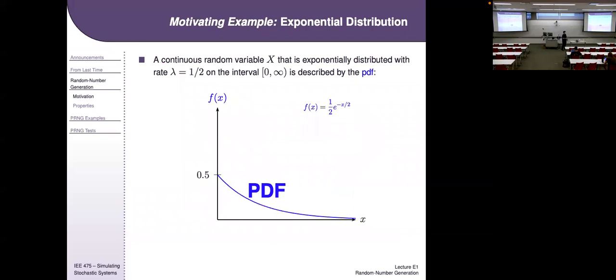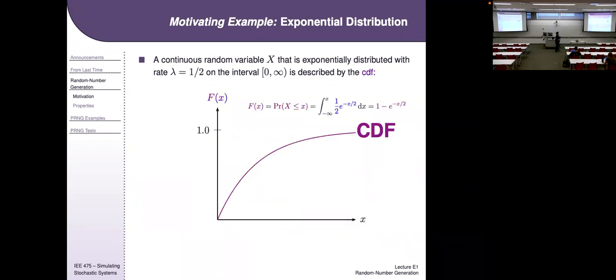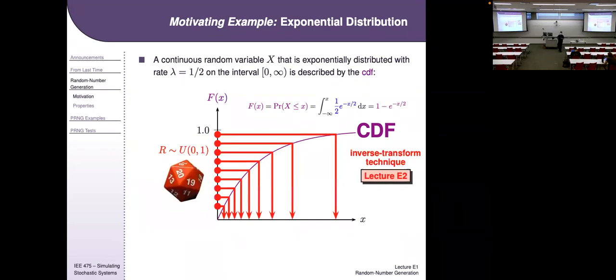I know from last time that an exponential has this probability density function. I know that if I take the area underneath that probability density function, I'll get a cumulative distribution. And that cumulative distribution for an exponential looks a little bit like this, and it's written out here. What I talked about last time, and what we'll talk about in more detail next lecture, is that if I draw a bunch of uniformly distributed random numbers between 0 and 1, if I assume those are available, the same way in a board game you assume you've got a fair die available to guide the rest of the game,